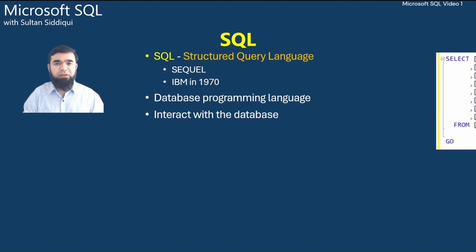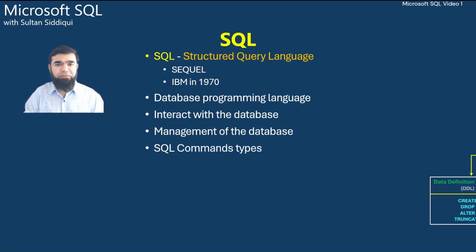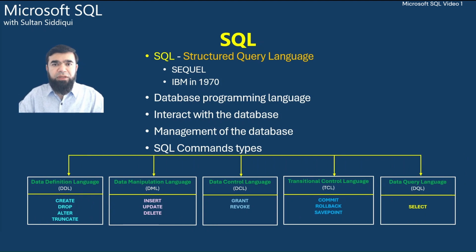SQL codes look like this. SQL also allows the management of the database and its objects through the SQL commands. There are 5 types of SQL commands. Data Definition Language, DDL. This kind of commands helps to create and manage database objects like table and users. Data Manipulation Language, DML. Through the DML command, user can insert the new data, manipulate existing data, and can remove